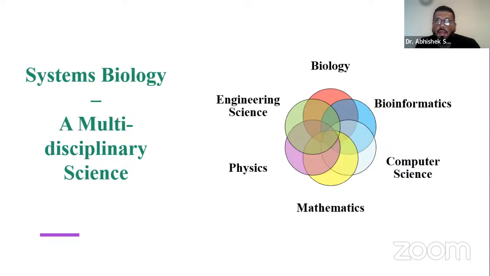You must have heard that engineers design cars, aeroplanes, different electronic items, even social networking sites are designed on the basis of these network concepts, right? All these concepts have come from engineering science, and now through systems biology they are being used